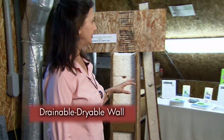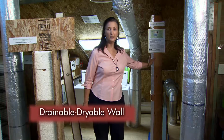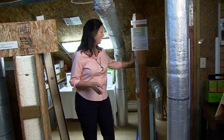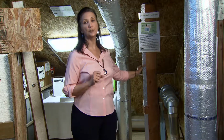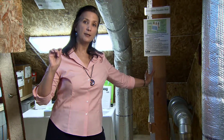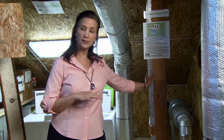Another structural system that I'd like to mention, and that we talked about a little bit down in the powder room, was the wash and wear house, the drainable, dryable wall. And here is a model that shows how that could be done, and this is particularly beneficial in levee protected flood zones, or as I like to say, levee vulnerable, because the base flood elevation above which our ordinances and